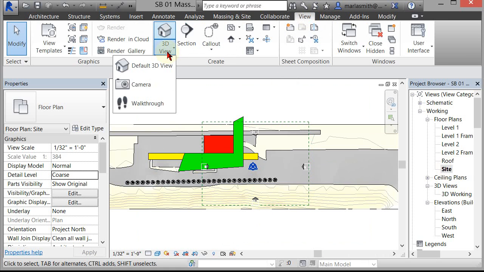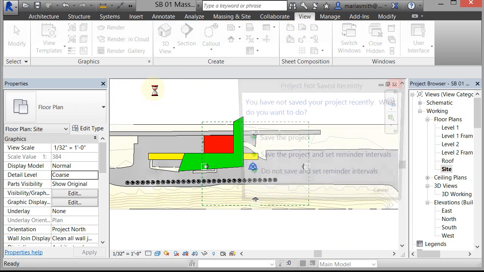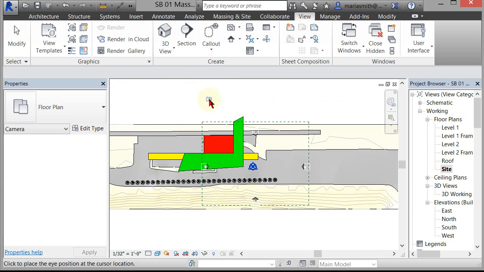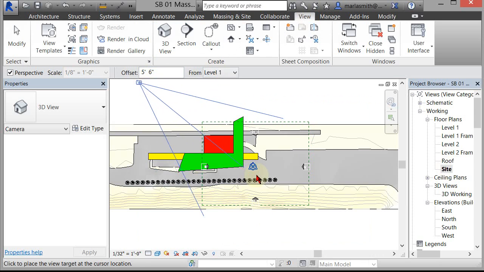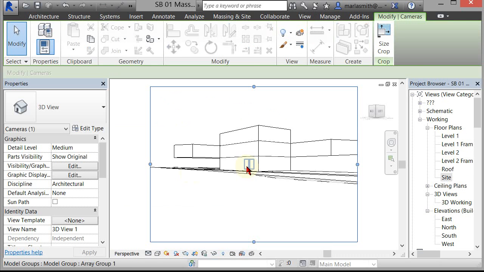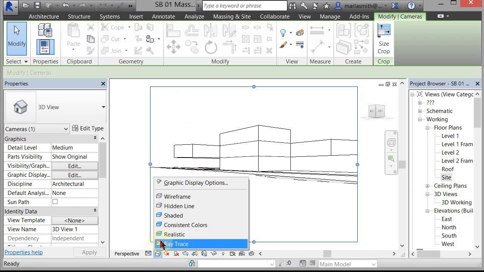3D view, and you can come in and go to camera and it's going to create a camera on level 1 with an offset of 5'6", and you just pick where you want the camera and you drag towards where you want to look. Now this selection determines the target. It'll also control the clipping plane in the back, but I'm just going to pick right there and it'll send me into that view, and I'm going to go to shaded, so you can see what